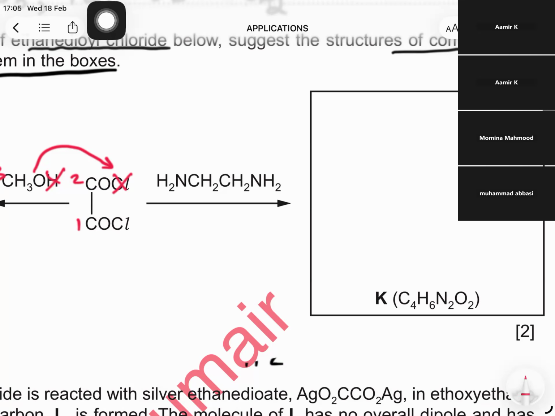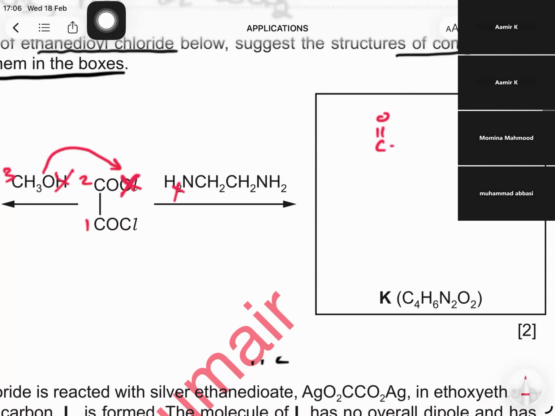When acyl chlorides react with amine, again they lose their H and they lose their Cl. So it's going to be, look at this. This H is lost, this Cl is lost, CO, NH, right, and a substituted amide is formed. But look at what the molecular formula says. C4, what does it mean? No, only one molecule reacted. But oxygen, if you look at that,